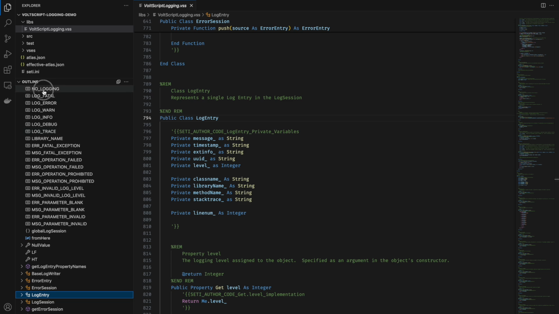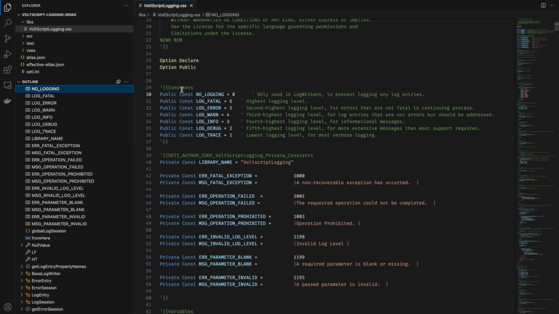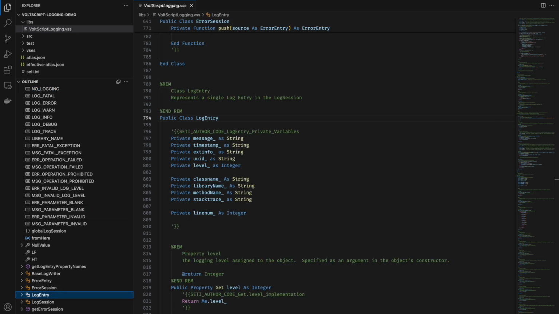Up here in the constants, we have these public constants. That's what we use. So a log entry has 6 levels, equivalent to fatal, error, warn, info, debug, and trace. These levels will be familiar to developers who've used logging frameworks such as Java or Rust or any other standard